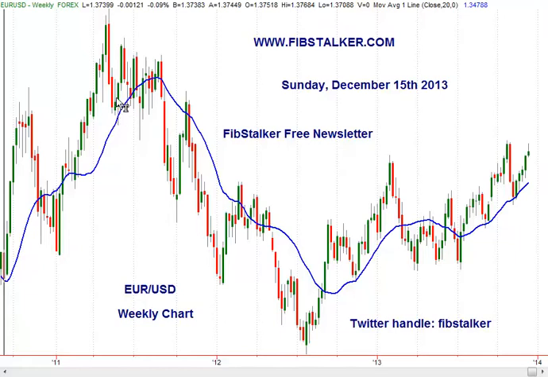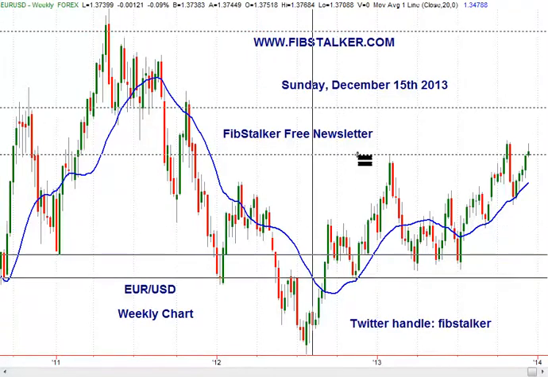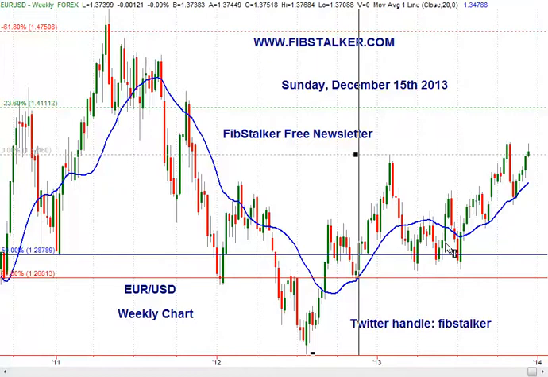So let's start from the euro dollar. What you see on the screen is the weekly chart, and those who follow me know that I've been timing this measured move since the beginning of February this year. Price never got below 126.80, and we had participation 3 times at this level with program